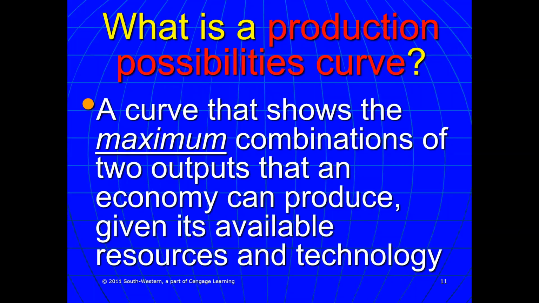The production possibilities curve is a curve that shows different combinations of 2 outputs that an economy can produce. Remember, in economics, models are a simplified version of reality. So this is assuming that a society makes only two products. The United States, for example, makes tons of products. We make t-shirts and tennis shoes and microwaves. We produce oil, we produce all sorts of items, but we're keeping it simple in this model. Two products, given available resources and technology. This is a graph that shows the maximum combinations if we use all of our resources.